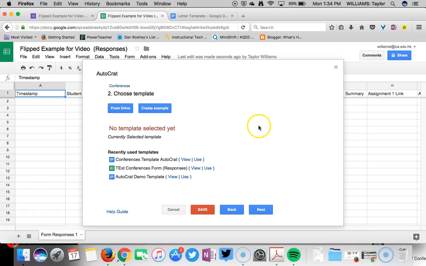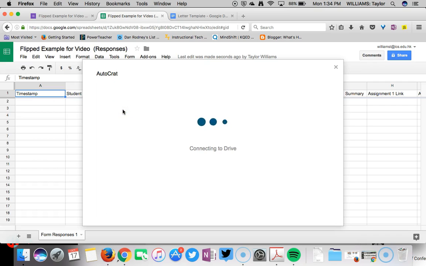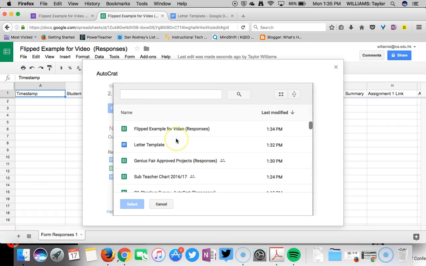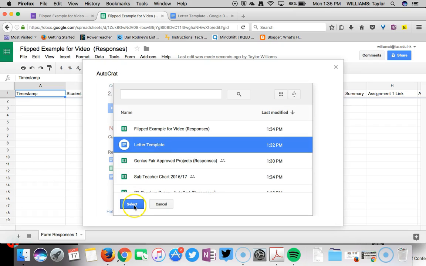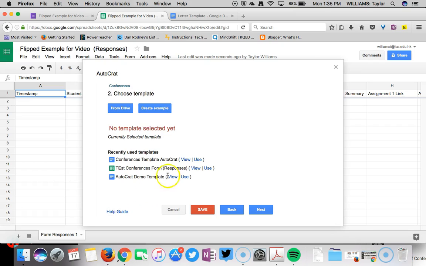Click Next. I'm going to choose my template. This is talking about the letter template that I want to choose. So I'm going to choose from my Drive, and it's really important that you have everything placed in a folder that you know the location of so you can easily access it. I have it right here as my letter template. I'm going to select that, and then it will